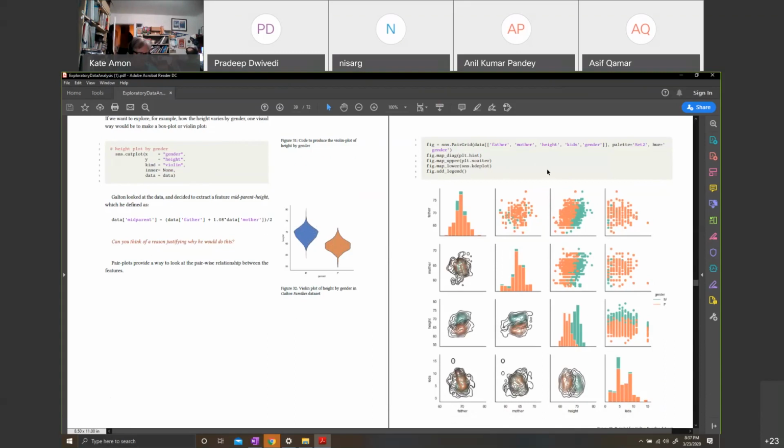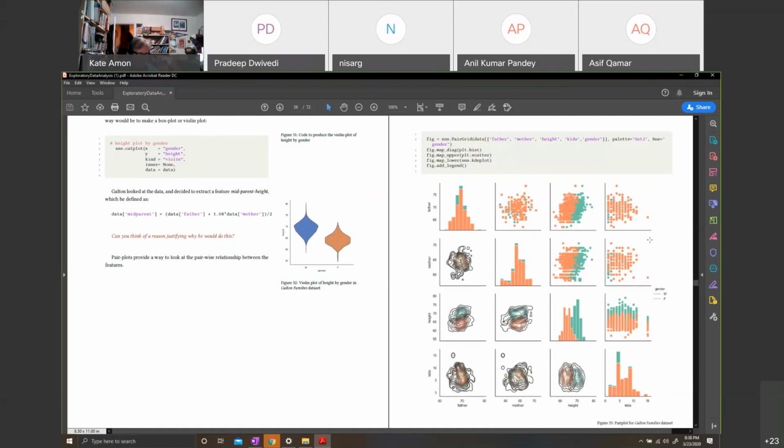Then what happens typically is that you want to know the histogram, the frequency charts of the father by height. What are the different heights of the fathers and mothers? And the scatter plots by mother and father height. Right? So clearly you see that there is a certain degree of correlation between mother and father height. Not a very strong correlation, but there is some correlation. Okay. And likewise, the heights of the children are related. Then males tend to be taller than the females, once again.